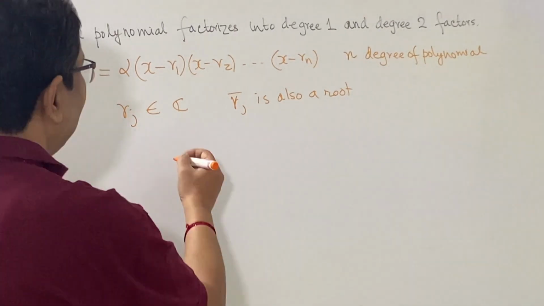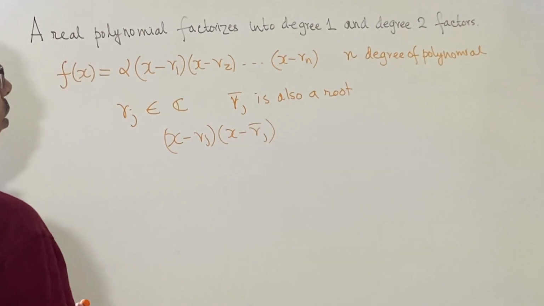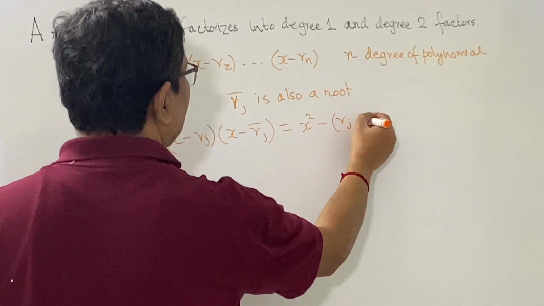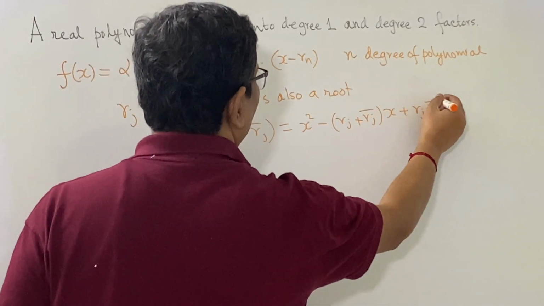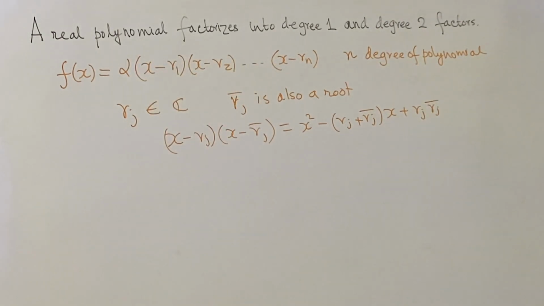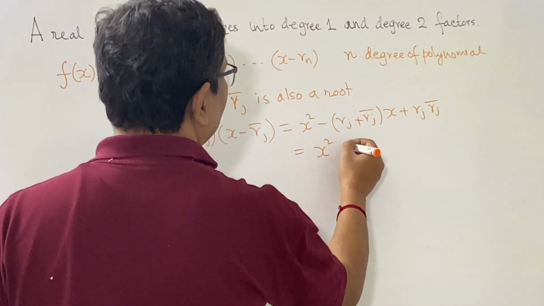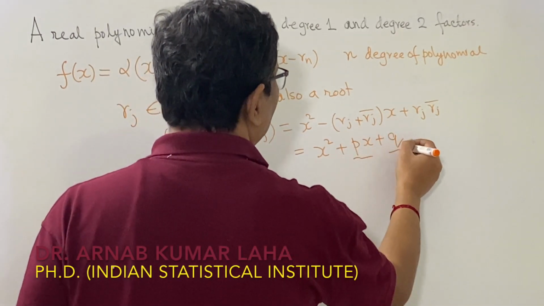And therefore, if we take these terms (x minus rj) into (x minus rj conjugate), then we get x square minus (rj plus rj conjugate) x plus rj into rj conjugate. Rj plus rj conjugate is a real number, the imaginary parts cancel, and rj into rj conjugate is the modulus of rj whole square, so it's also real. So we get here a real polynomial of the form x square plus px plus q, where both p and